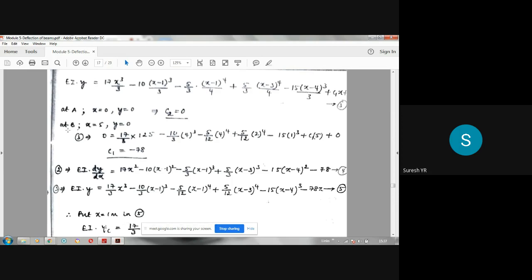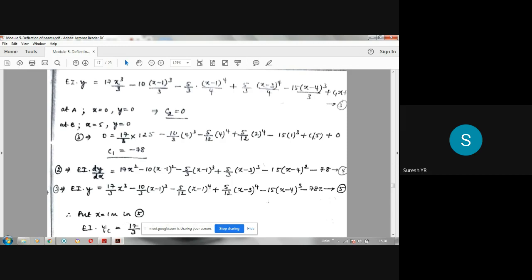Next at B, x is equal to 5, y is equal to 0. Once again you substitute in the same equation. LHS is 0. RHS is 17 by 3 into 5 cube, 5 cube is 125. Minus 10 by 3 into 5 minus 1, which is 4, positive so we consider it. So 4 cube by 3. Minus 5 by 12 into 4 to the power 4, since 3 into 4 is 12. Plus 5 by 12